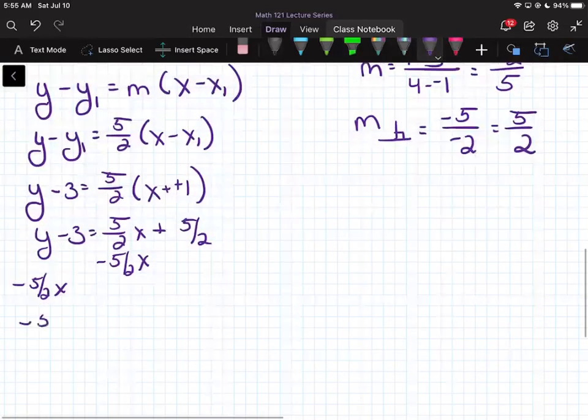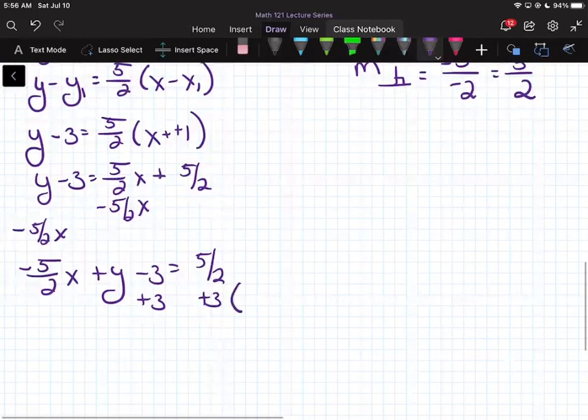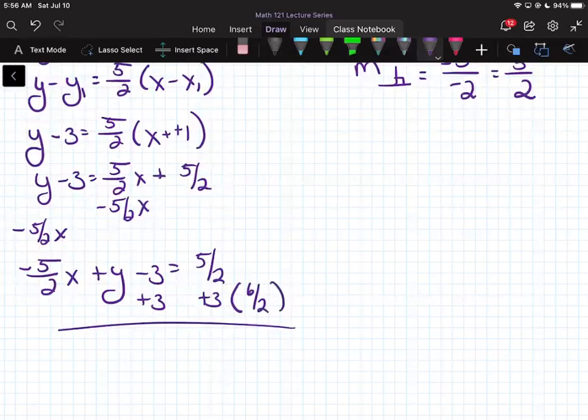So I have negative 5/2 x plus y minus 3 equals 5/2. I add 3 to both sides, and 3 is equivalent to 6/2, so that I have like denominators. So I have negative 5/2 x